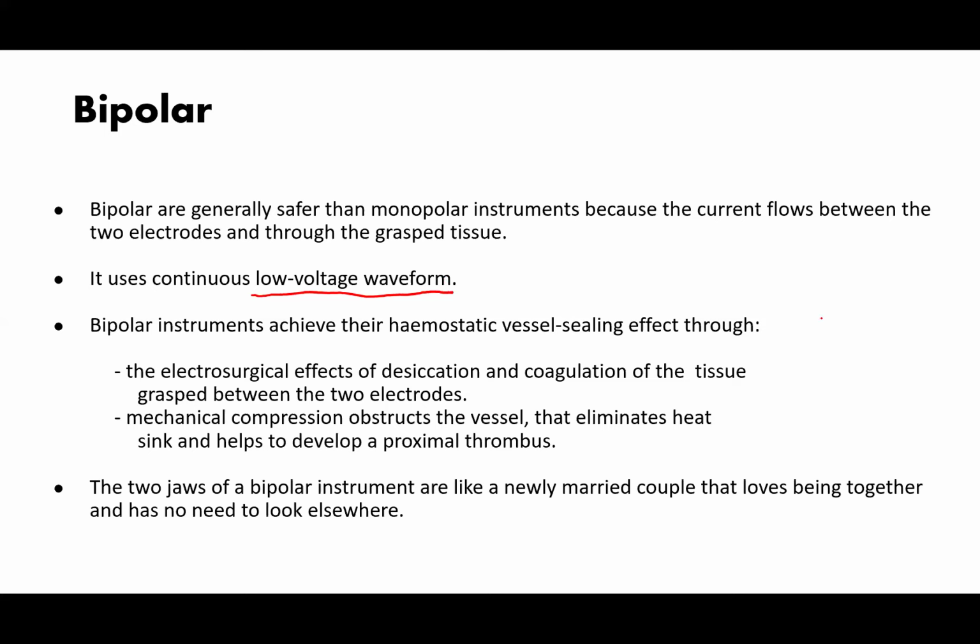So the forceps that is grasping the vessel will compress these two and it will create a thrombus here, as well as coagulating this portion, leading to hemostasis. The two jaws of bipolar instruments are like newly married couples that love